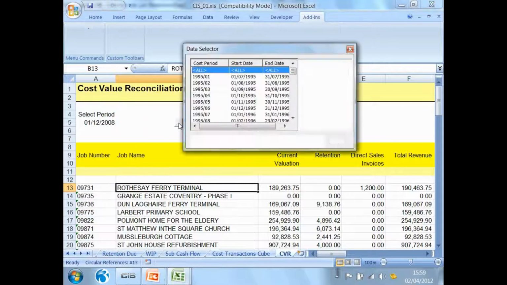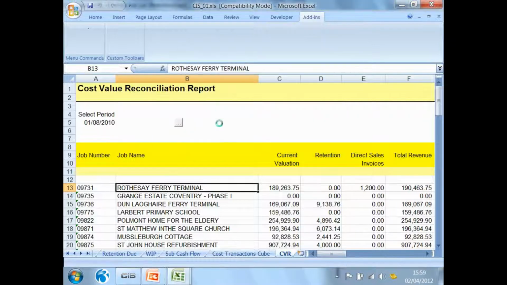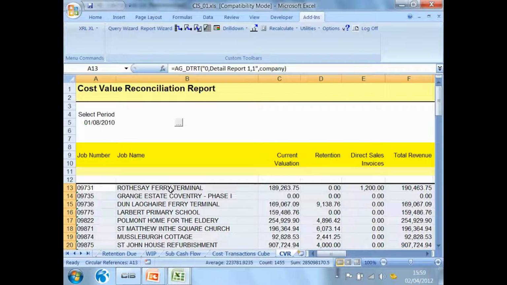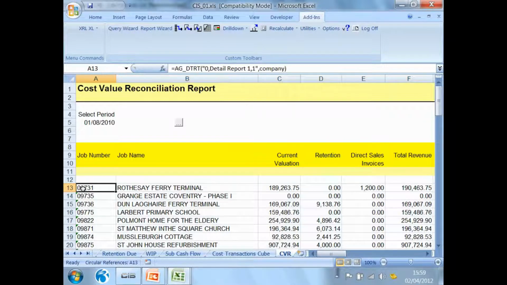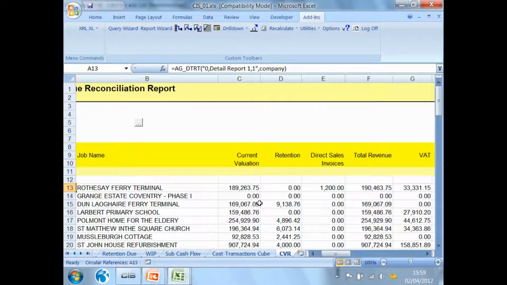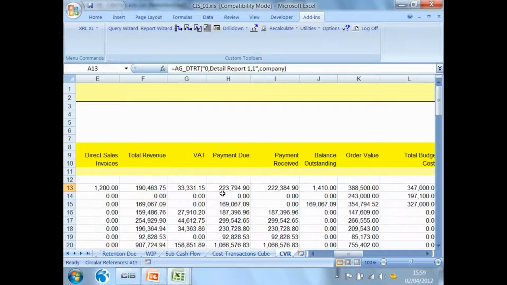Let's change the date. I'm going to change the date on this to be my current period, and I'm now going to get it to recalculate based upon that period. It's now retrieving all the information up to that particular date, and now I can see that I've got the job number, the job name, the current valuation that's on that job, what's being held back within retention, what's the total payments due, payments received, balance outstanding, order value,